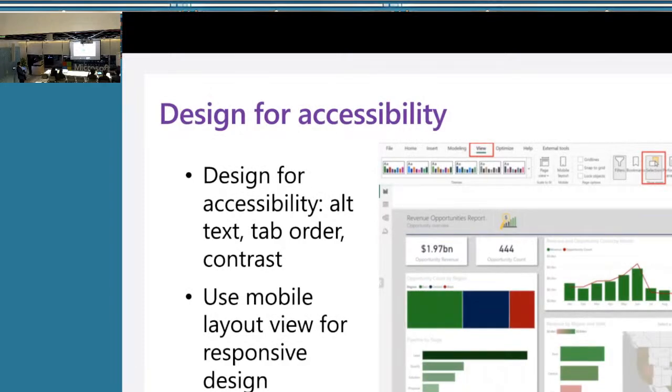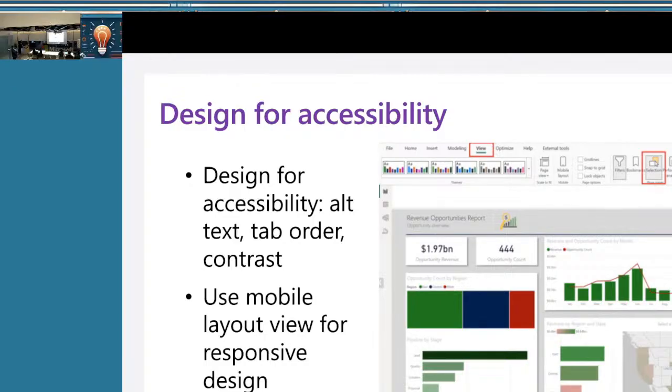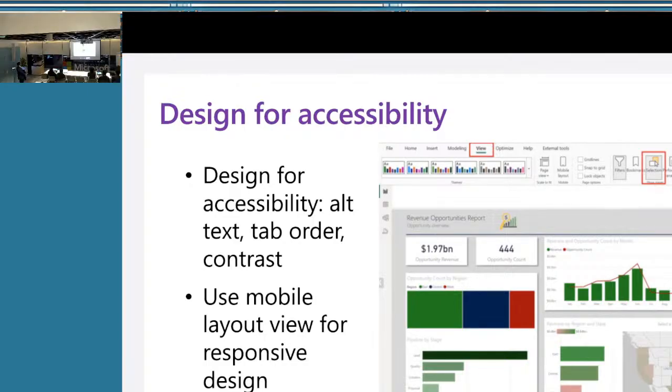Also you can think about accessibility: you've got to think about who will be consuming this dashboard and make sure the colors are clear. For example, a big percentage of the population is actually colorblind. So you might want to incorporate colors that work for those people as well, with different mediums, and make it more responsive.